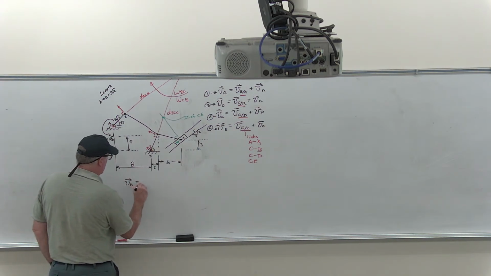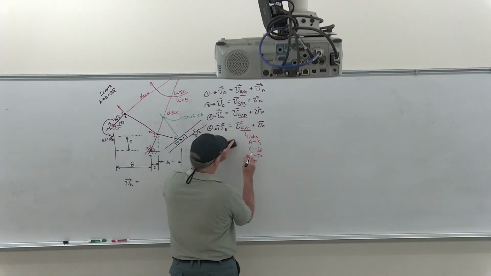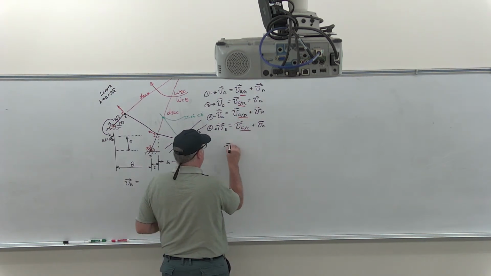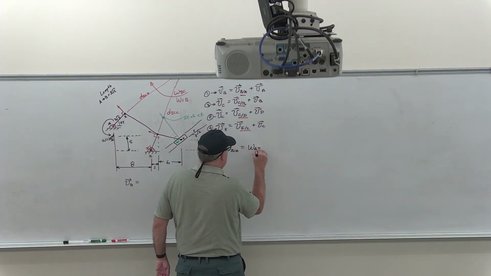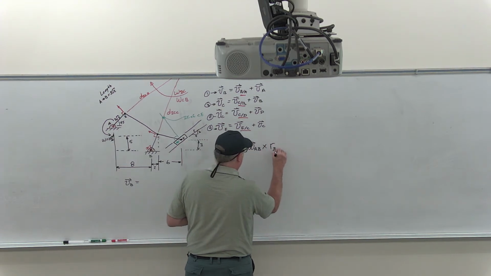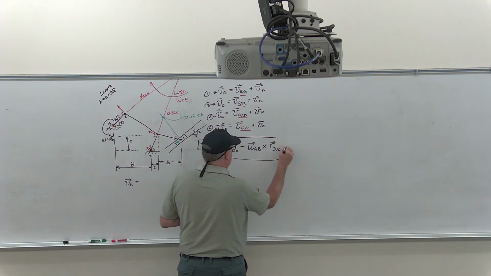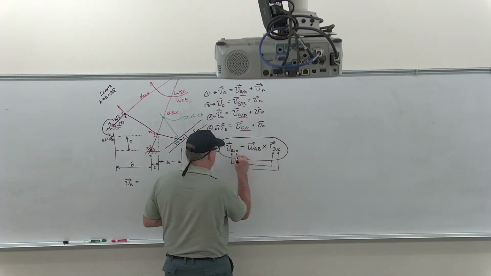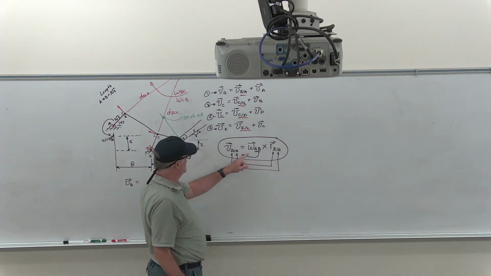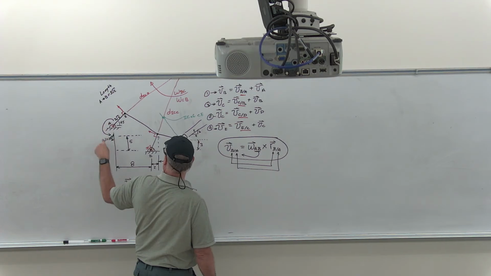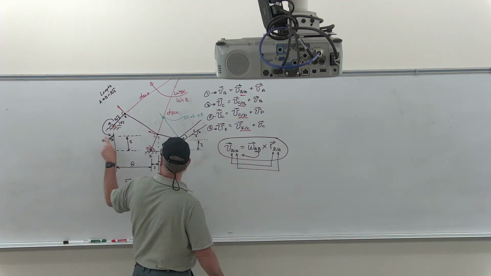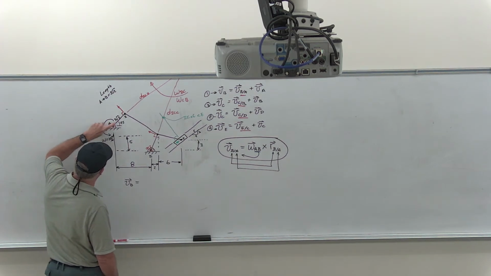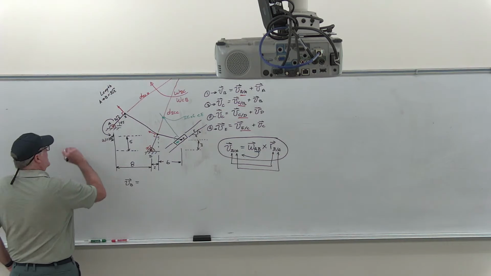So velocity of B is equal to, now here's the beauty of all of these, all of these end up with a velocity of B relative to A, for example, is omega AB, the link, cross R B to A. So each one of these, what you notice is this and this. You notice this and this. And you notice this is the length identified with the AB. So this is the rotation of that length, which we've given as 10, crossed as a vector with the vector that starts at A and ends up at B. So if I draw a vector that starts at A, ends up at B, what do I get? That vector R,